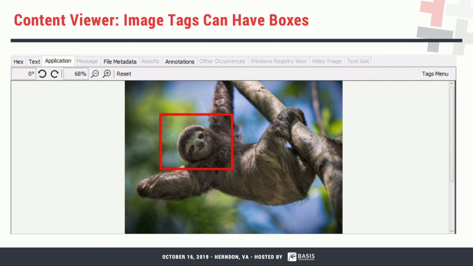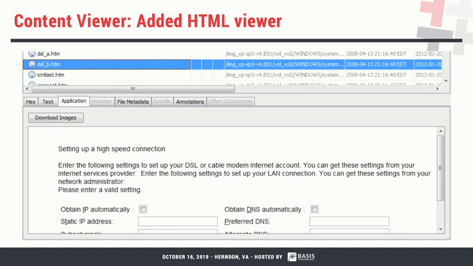There is a button that allows you to save the image with the tag on it if you want to. When you make a report, we'll give you 2 copies of it. We'll give you a copy of the picture with the box and a copy of the picture without the box. So it's a cool thing to do if you guys are tagging things and want to call it out to someone. This is why I tagged this picture. You can call that out.